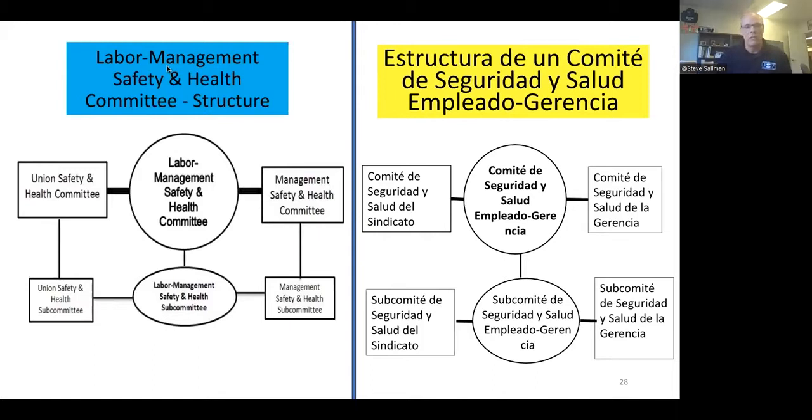And then the meetings. When those committees meet, how often do they meet? Sometimes we've heard that they meet for 1 hour once a month. I would say for any workplace, there are more health and safety issues than we have time to deal with. If you only meet 1 hour once a month, that means you get 12 hours a year to deal with health and safety issues. So that's not enough. Think about what's happening in your workplace and the time that's needed.